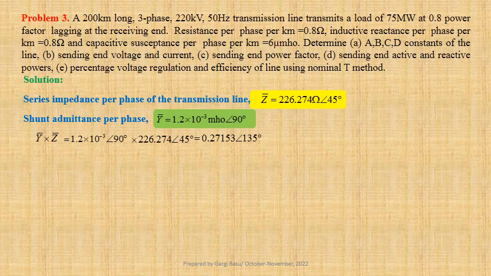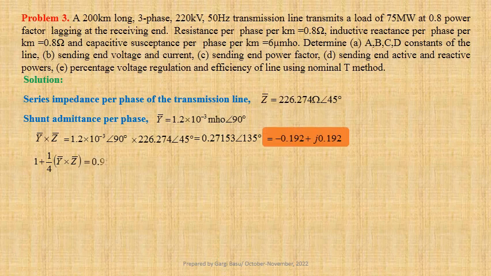This may be written in Cartesian form as minus 0.192 plus J times 0.192. Now we shall compute 1 plus 1/4 of Y into Z, that is equal to 0.952 plus J times 0.048. This may be written in polar form as 0.95321 at an angle